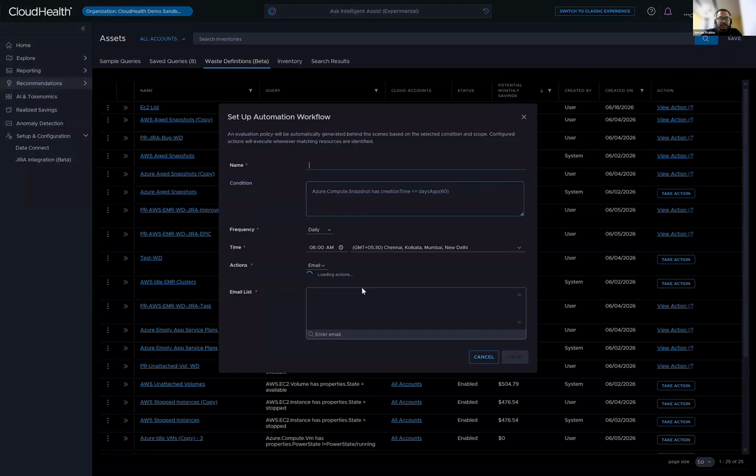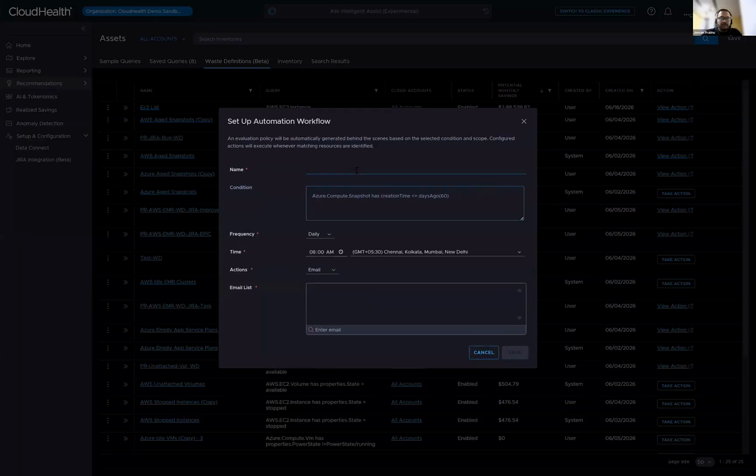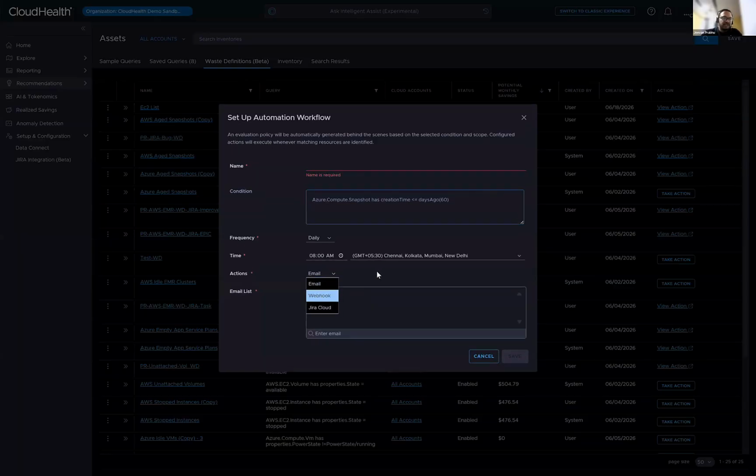So you can click on take action, provide a relevant name, and then we are supporting three actions right now: email, webhook, and Jira Cloud. And this is where we would need your feedback: if any of the first class integrations matter the most for you, we would like to make that part of our roadmap, so that we bring in first class integrations.